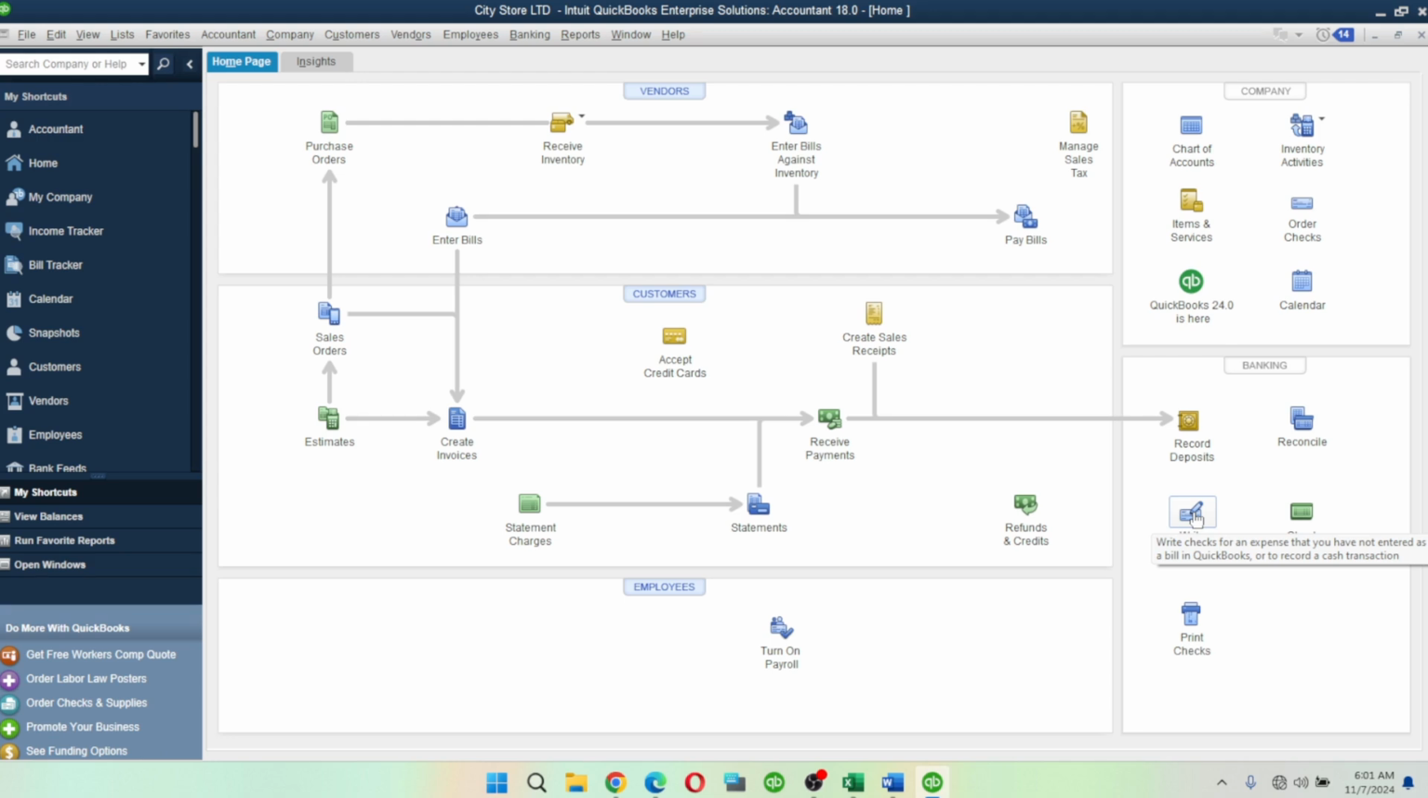That is why that is the only thing you can use write checks to do. So you record only cash transactions, or bills you have not entered as a bill or transactions you have not entered as a bill already in QuickBooks. So that is it on how